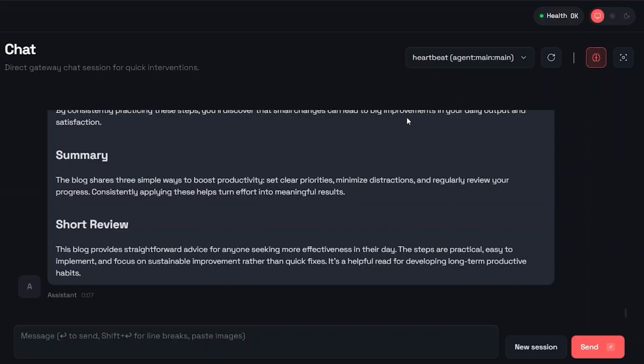I hope this gave you a clear picture of what it is, how it works, and how it can help you automate